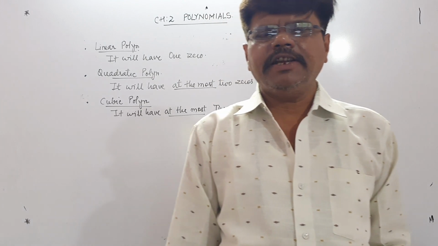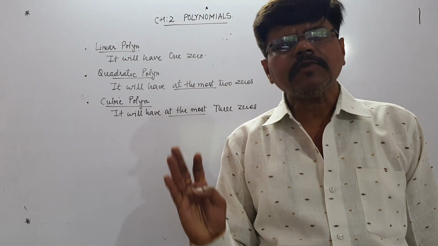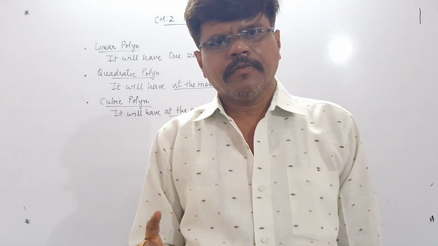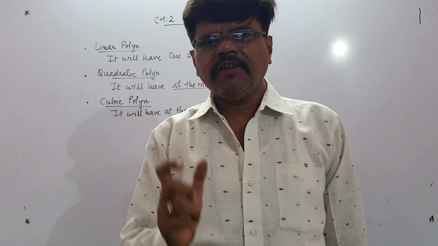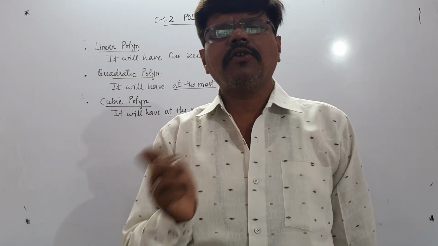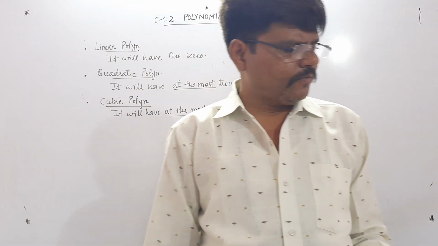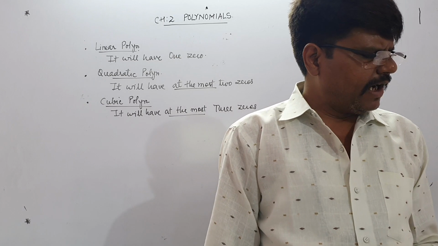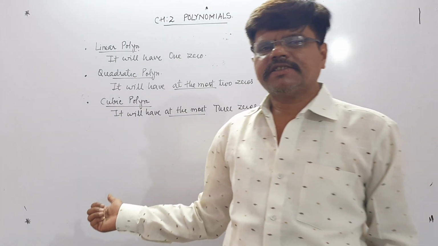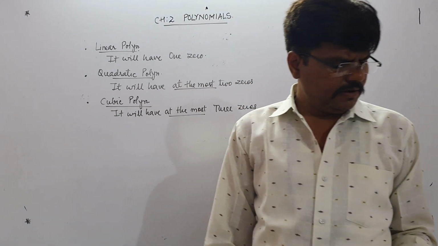I have already explained this to you. The power of x should not be negative. The power of x should not be in the root form. And in one variable means there should be a single variable, x or y or a. There should be no x and y. Then write the coefficients of x square in each of the following. In the starting of the lecture, we did the examples of the coefficients.